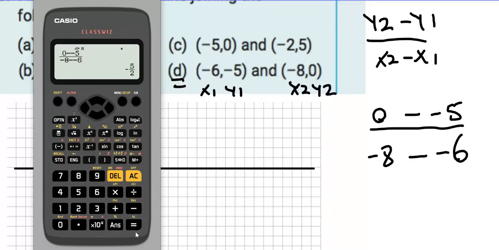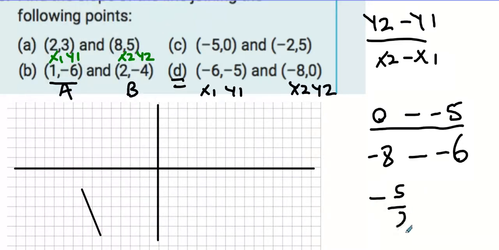Minus 5 over 2. Now, do you know what minus 5 over 2 means? It means go down 5 and go across 2. So it's a steep negative slope. You see what I'm saying? It'd be a steep negative slope. Okay, is what minus 5 over 2 would be. All right, so that's questions